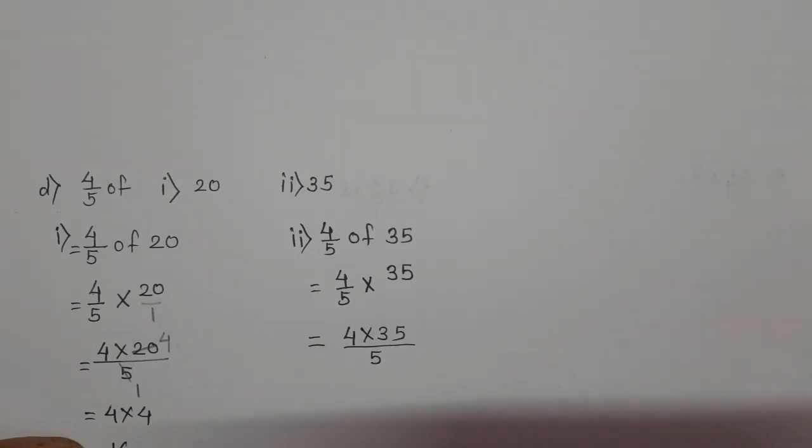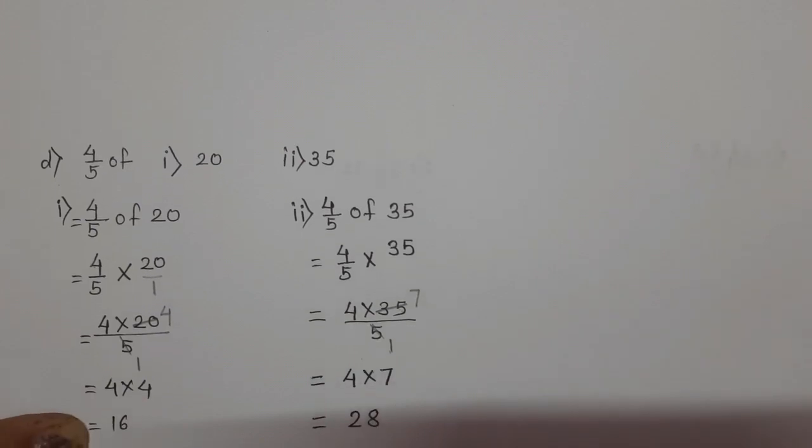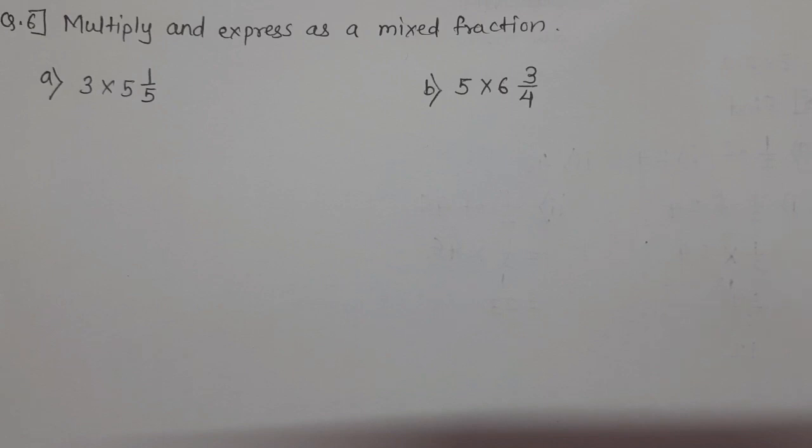Now what we'll do, we'll do the lowest term. Okay, here 5 ones are 5, 5 sevens are 35. Instead of multiplying 35 into 4, what we'll do, we'll do the lowest term of this number. It makes it easy. See, 35 into 4, that multiplication you will do, and then you will do the lowest term. Instead of that, it makes it easy. 5 ones are 5, 5 sevens are 35. So what you got here, 4 into 7 is equal to 4 sevens are 28.